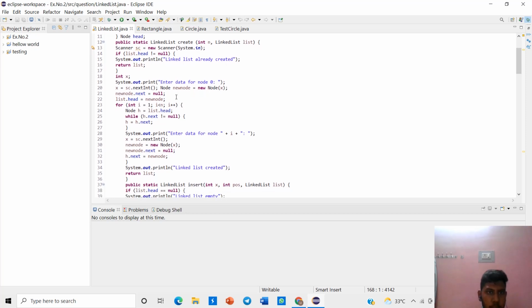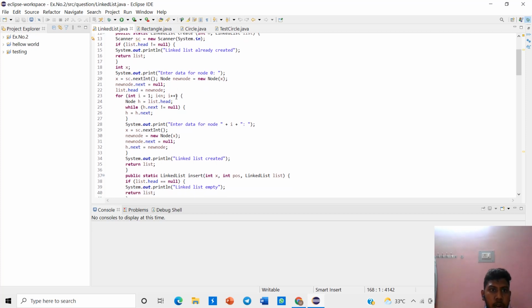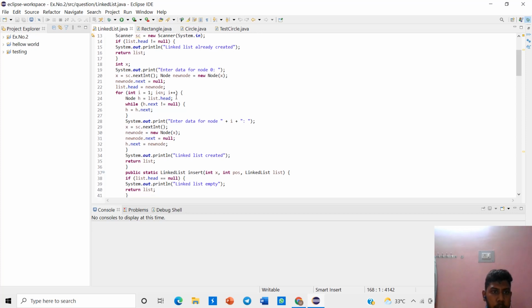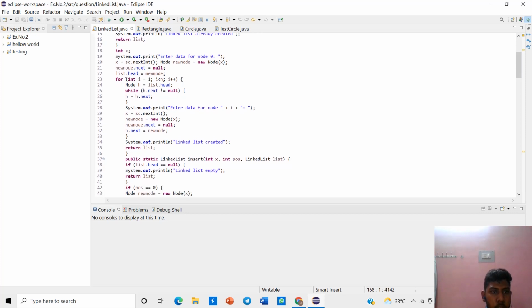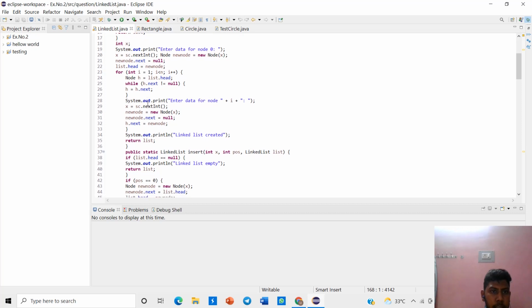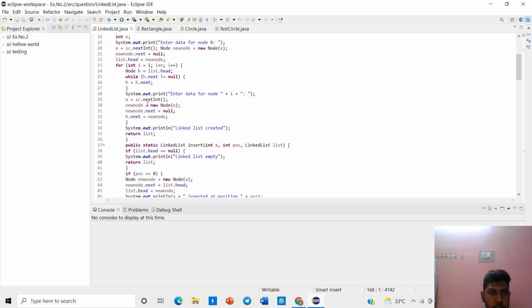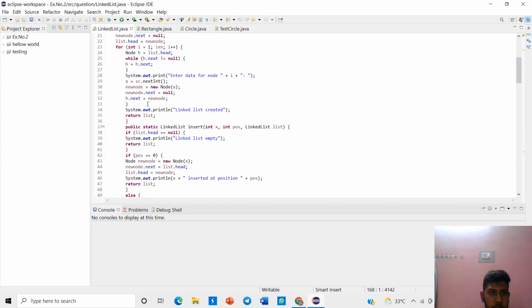Then System.out prints: enter your node of 0, where 0 means we want to specify the position of the node, and we get input from the user. New node: this.head is equal to new node, and we use a for loop again and again. Node h is equal to list.head, and while h.next is not equal to null, h is equal to h.next.